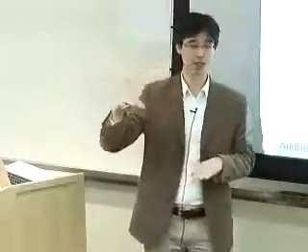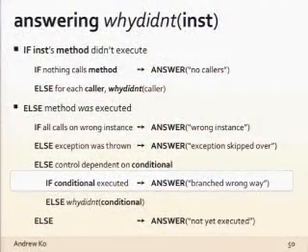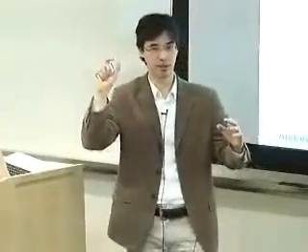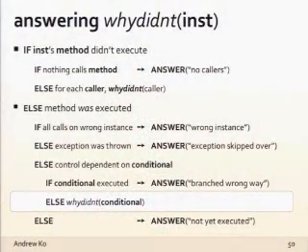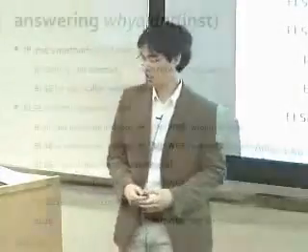If that instruction was control dependent on some conditional in that method, and that conditional executed, then it branched in the wrong direction. So if the instruction we wanted was here, and the conditional branched this way, then that conditional is the reason for skipping over it. And if that conditional didn't execute, then again we recursively trace back to build a chain of conditionals that didn't execute in the right direction.